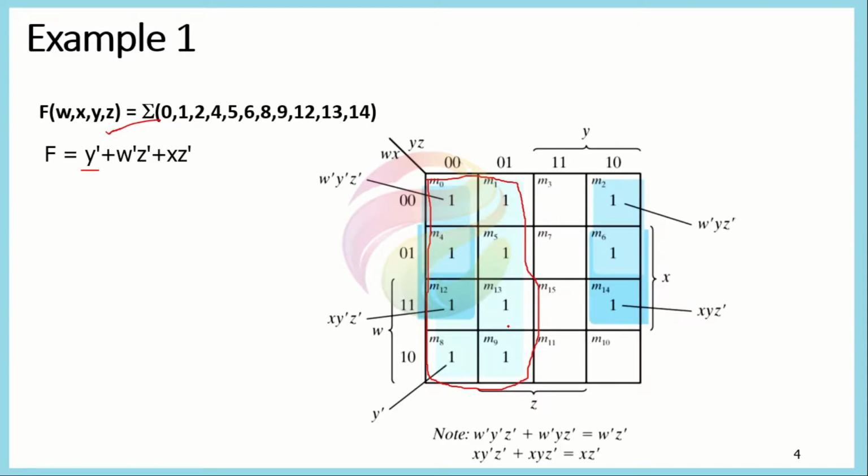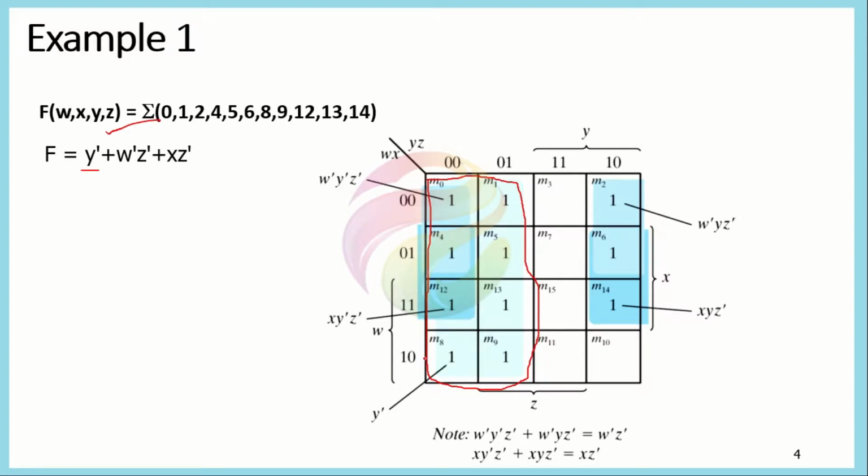We can see that there is no other combination of 8 boxes that could be present for this system. So we need to consider the number of 4 boxes now, 4 adjacent 1s. As we know, M2 is adjacent to M0, similarly M6 is adjacent to M4. For the 4 variable system, M4 is also adjacent to M12 and M10 is adjacent to M8.